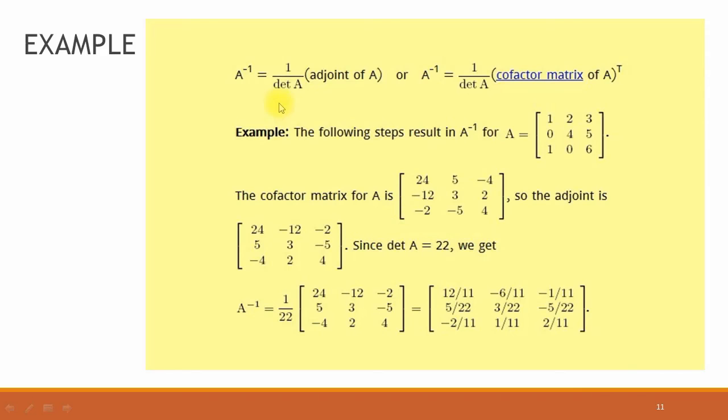Now another example, suppose we have a 3 by 3 matrix containing the elements 1 2 3, 0 4 5, and 1 0 5. Dear students, first of all find the determinant of this matrix, and this is home task for you to verify the determinant of this matrix is 22. Using cofactor expansion along any row or along any column, you will get the determinant of this matrix, which is 22. Just you should verify this result that the determinant of this matrix is 22.